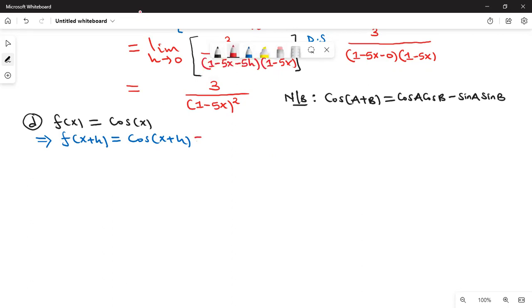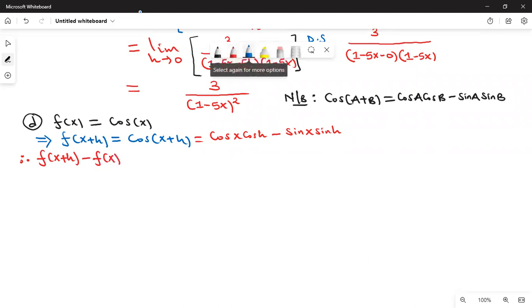So let us expand this. This will now give us cosine of x, cosine of h, minus sine of x, sine of h. So now I want to subtract. You can now say therefore f of x plus h minus f of x. What should it give us? That should give us